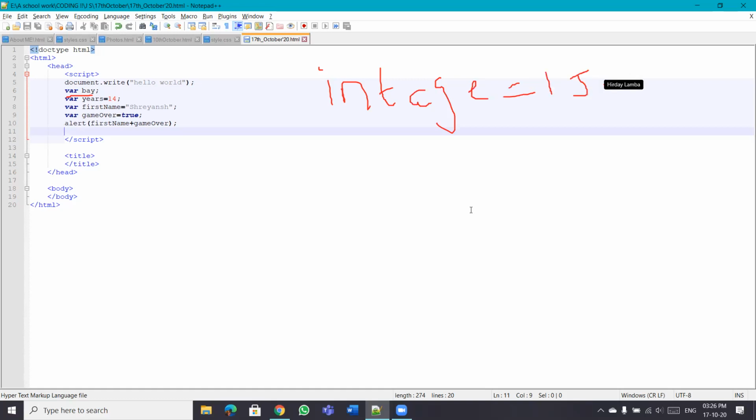But JavaScript is what we call very loosely typed. The way you define variables there does not require the data type to be defined. Data type means what kind of data that variable is going to hold. For example, in JavaScript we define it as var, right? Can you just remove this var? Let's remove var.